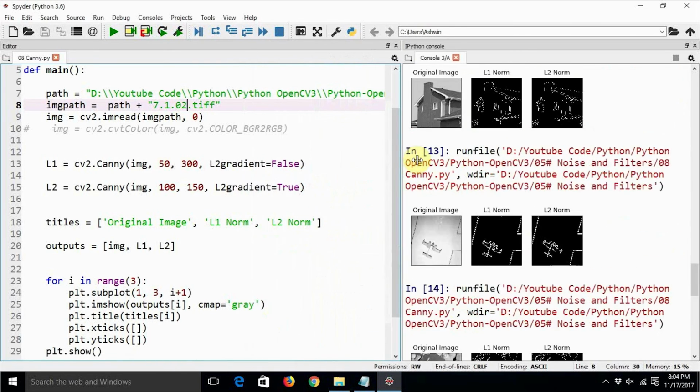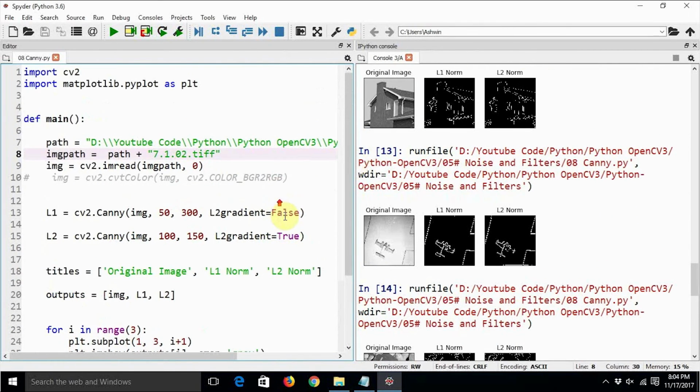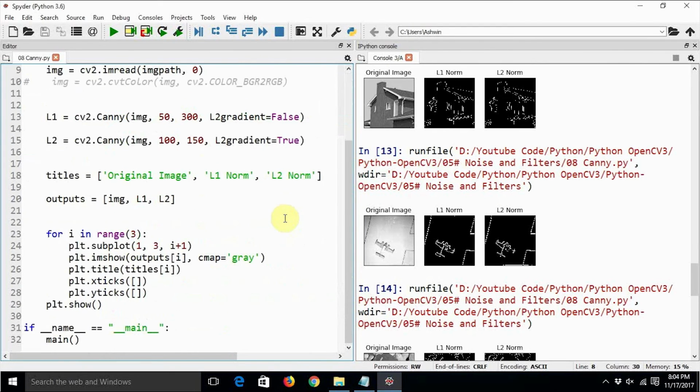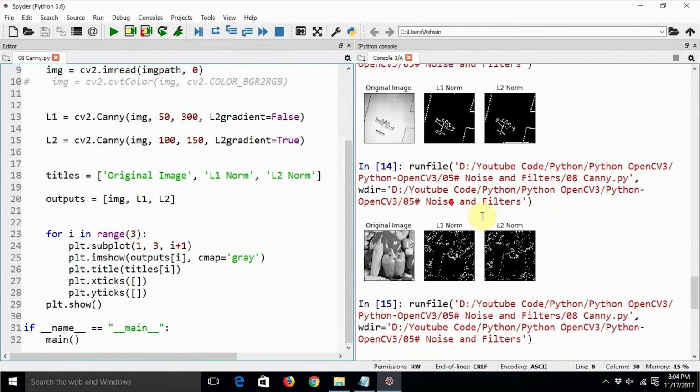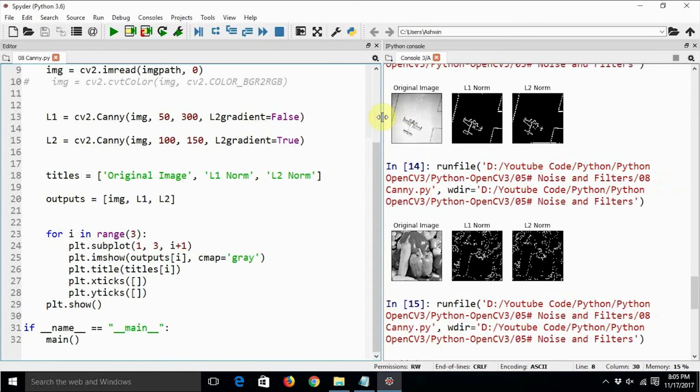If you are comfortable with writing the code in Python with OpenCV's trackbar, you must have gone through my earlier tutorials which use trackbar for accepting user input. So based on the value of the slider, you can change the value of gradient 1 and gradient 2, and then you can render the image by calculating the Canny in real time. So try to achieve that, and you won't have to keep on guessing the value and keep on passing it to the Canny edge detection algorithm directly through code.